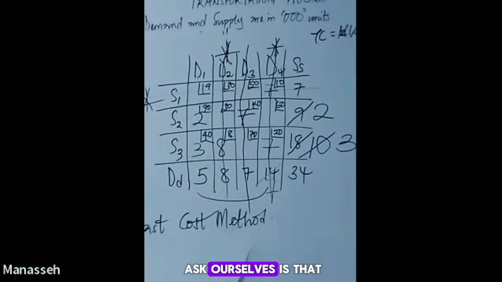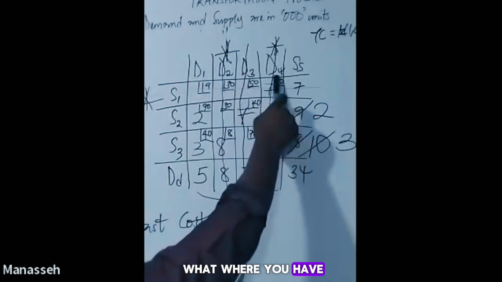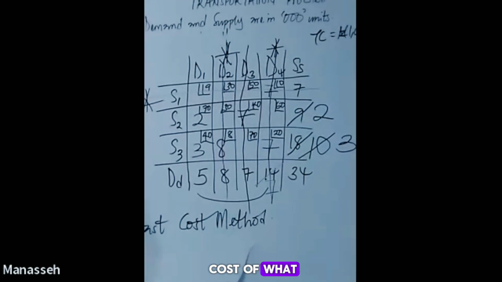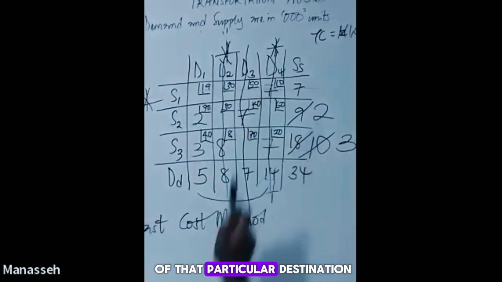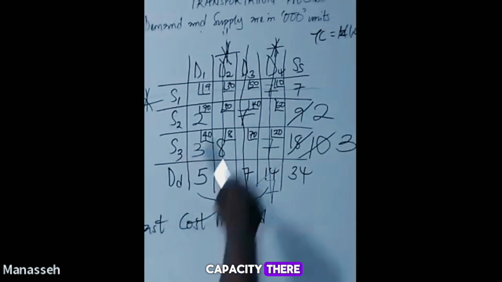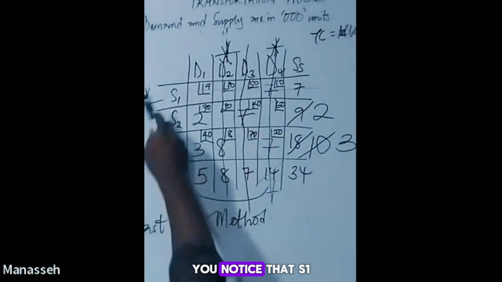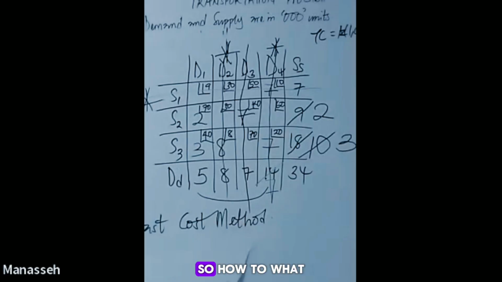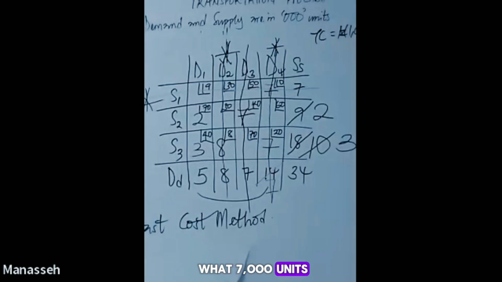Now, the next thing we ask ourselves is where is the next least cost? And we found out that the next least cost is at point S14, where you have 10 naira as the cost of moving one product from one place to another. At this point, the next thing you ask yourself is what is the demand of that particular destination, and which of the sources that we have here? We still have the 3 sources with their capacity there. We have 7, you have 9, you have 10 as it may be. And you ask yourself which one of these can do justice to that. Notice that S1 can only give 7,000 units, but the demand is